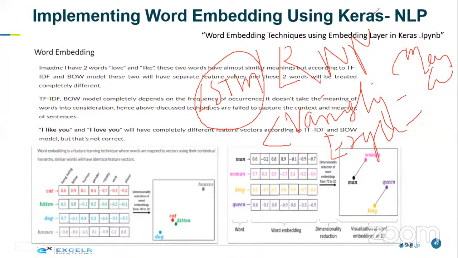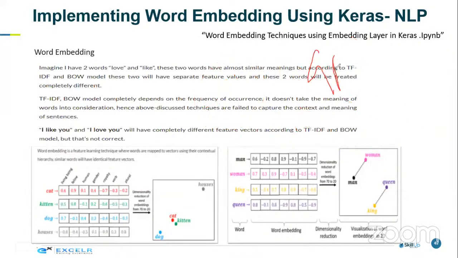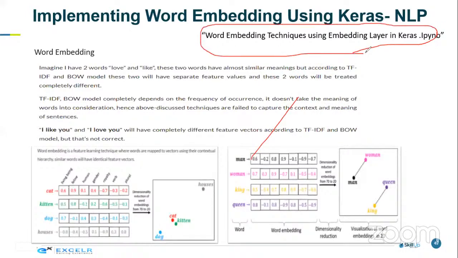Then we'll be able to jump to multiple LSTMs, and understand what a gated recurrent neural network is, what bi-directional RNNs are, how the relation is there, and what sequence to sequence is. Within sequence to sequence processing, we'll understand the encoder-decoder model. The practical implementation of the word embedding layer using Keras, I'll try to discuss in this notebook